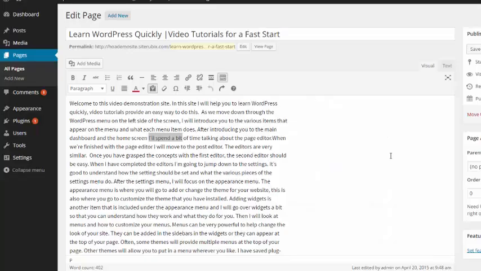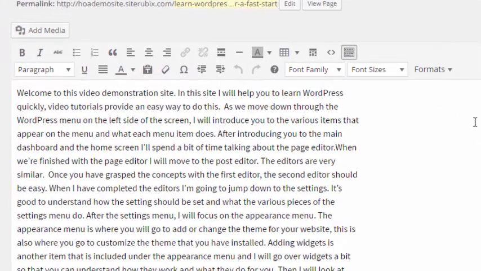If you would like to enhance your options for formatting, you can install the WP Edit plugin. I've already installed this plugin, so let me quickly enable it, and you can see the additional options that it provides. If you'd like to see a tutorial on how this plugin is set up, you can follow this link. You can see in the top row of icons that nothing has been added,